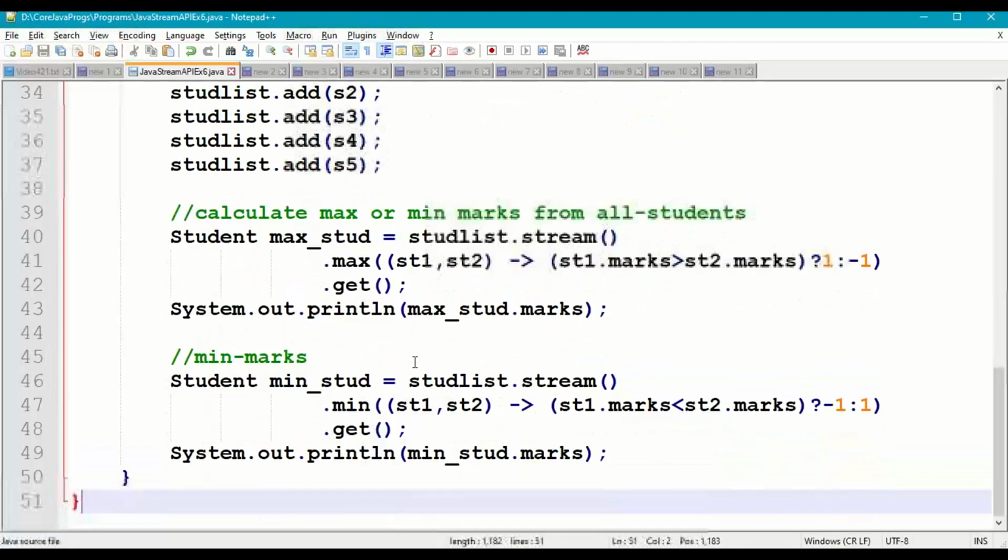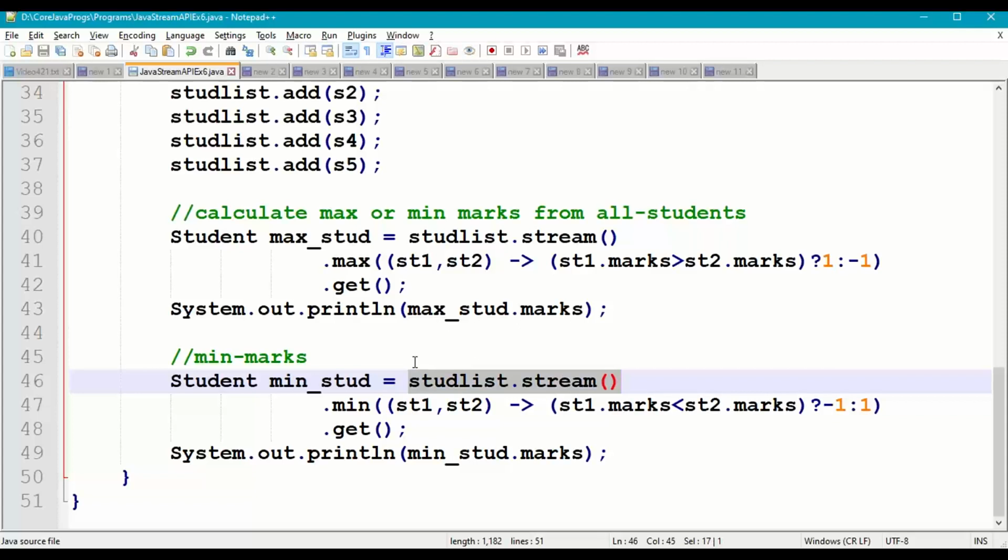Same thing, simple. So student list dot stream will return a stream object reference. Then stream object reference dot min. The min method takes the Comparator interface as object reference. So I'm redefining the compare method using a lambda expression. I'm taking the first 2 objects st1, st2, lambda expression arrow operator, and then I'm returning +1, -1 using a conditional operator.